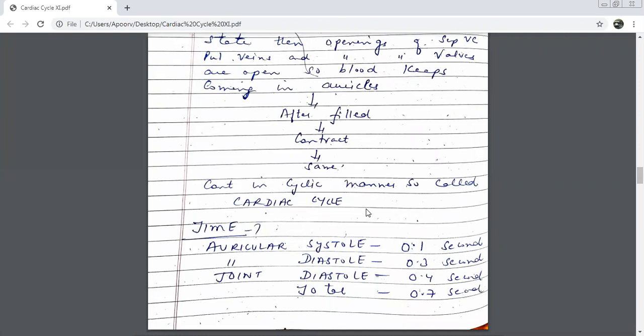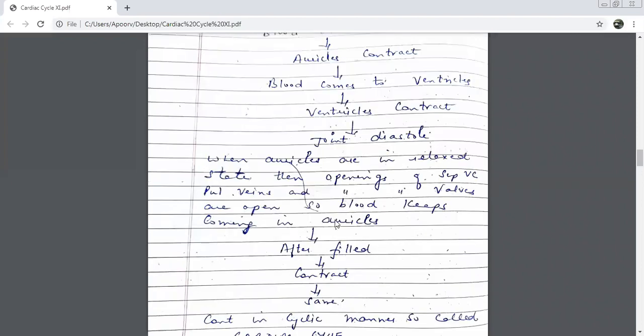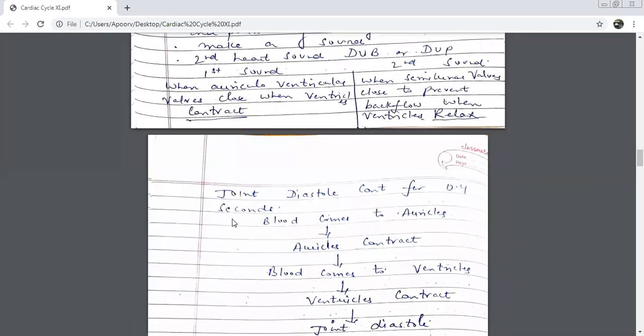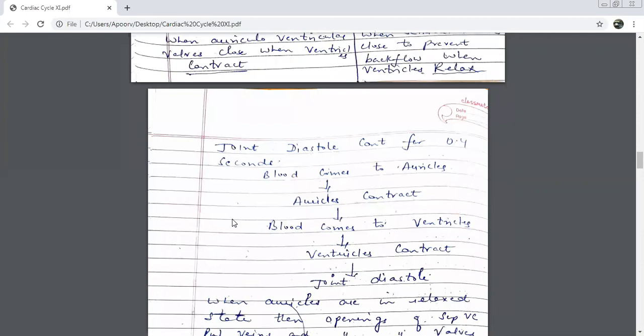As soon as the auricles are filled, they start contracting. As soon as they contract, the blood from the auricles is pushed down to the ventricles. And the auricular ventricular valves, जो दोनों के बीच में होते हैं, auricle and ventricle के बीच में, they close now. Why are they closing? To prevent the backflow of blood. And when they close, your first heart sound will come, which is known as lub. So now the blood has entered the ventricles, and the auricles have become in what position now?